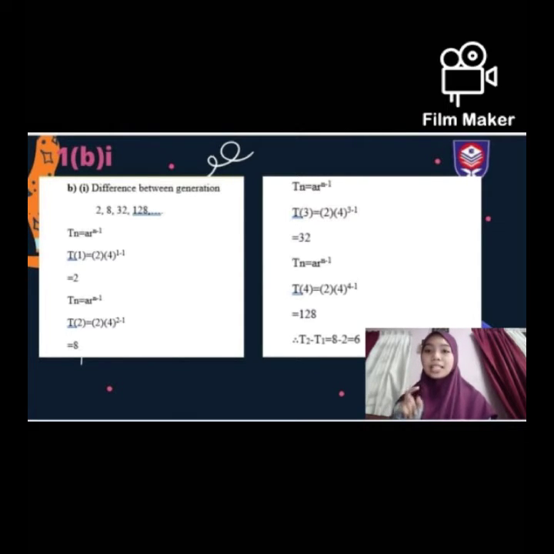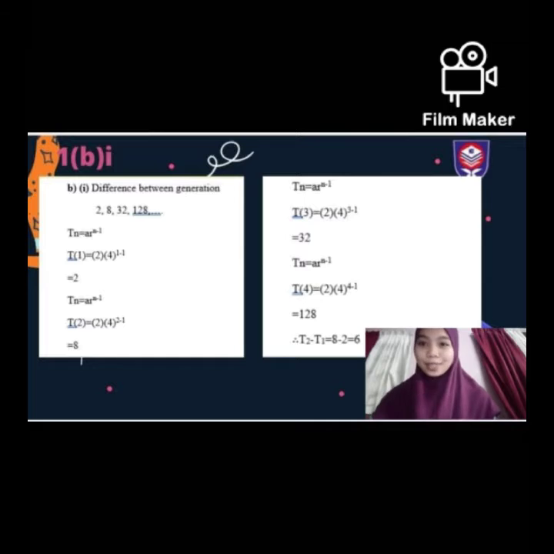So for the first generation, T1 equals 2 multiplied by 4 to the power of 1 minus 1. So we got 2. For the second generation, T2 equals 2 multiplied by 4 to the power of 2 minus 1. So we got 8. For the third generation and fourth generation, use the same formula. So to answer the question, what is the difference between generation? We use T2 minus T1. So 8 minus 2. So we got